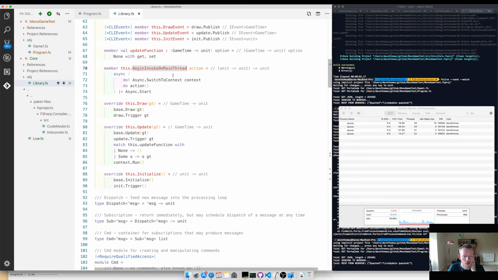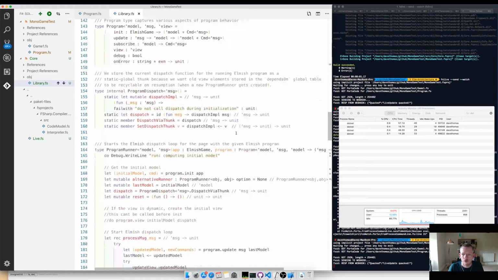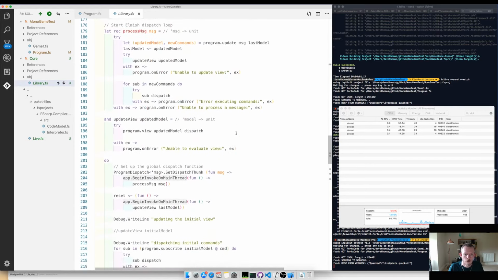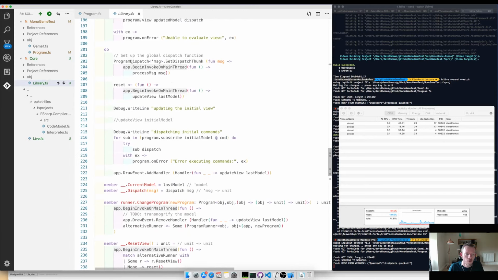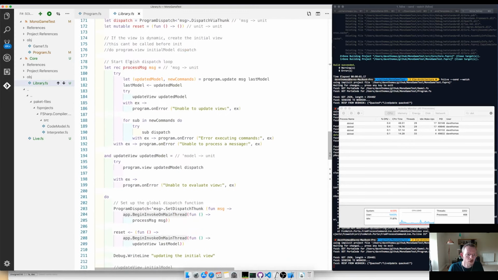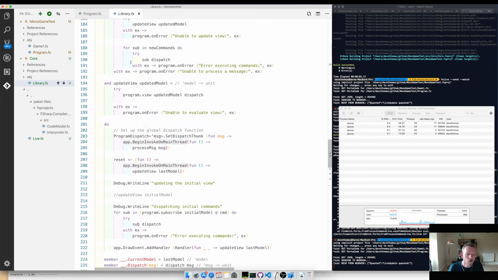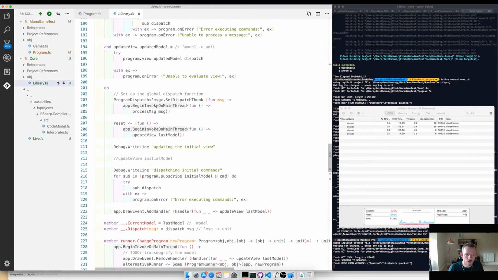this begin invoke on main thread, whenever that's called, it switches to the synchronization context, which is this context, and it schedules an action to start. So whenever we're using this, which we can see down here, our main dispatch loop function runs on that context. So whenever we process a message or whenever we update a view,